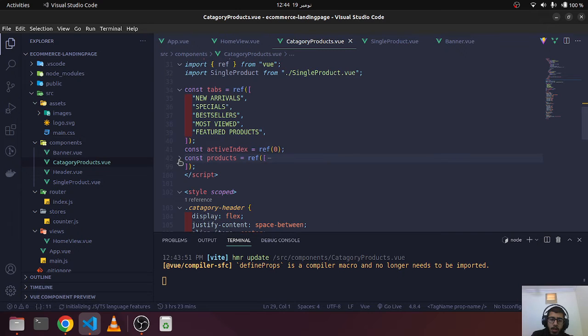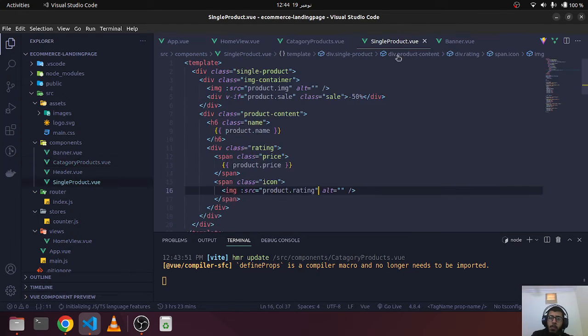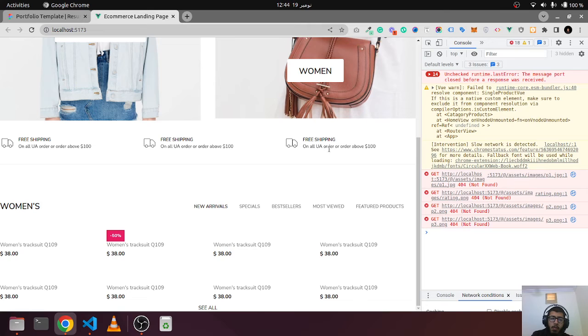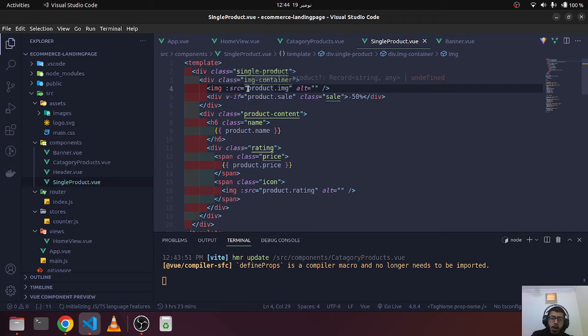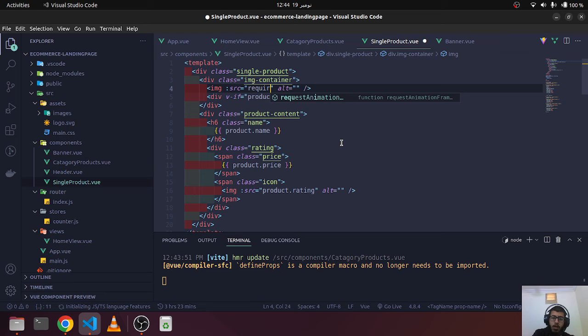Maybe let's see, image. Why is that? Why it's not working? If I add require